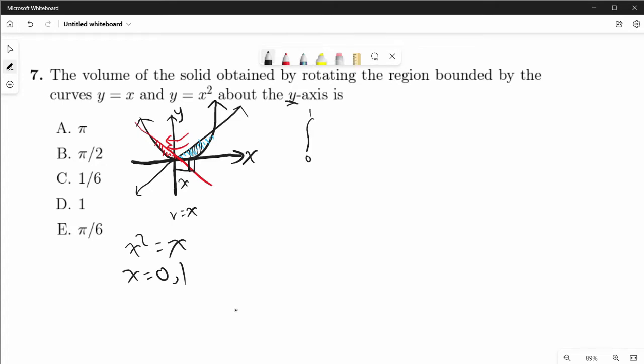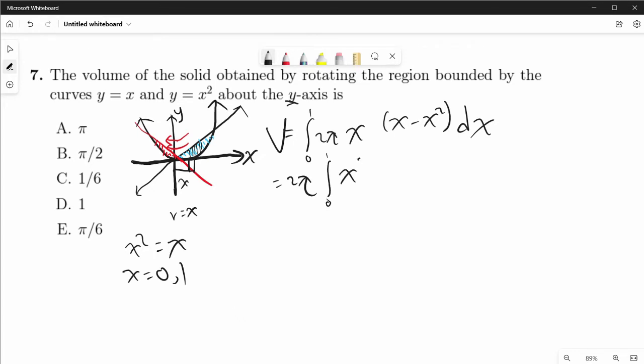So cylindrical shells, 2 pi RH, right? R is just x, as we talked about. H is the top function minus the bottom function. And we are doing dx, since all the variables we're using are x. So here, bring the 2 pi outside, and, right, simplifying things, x squared minus x cubed,